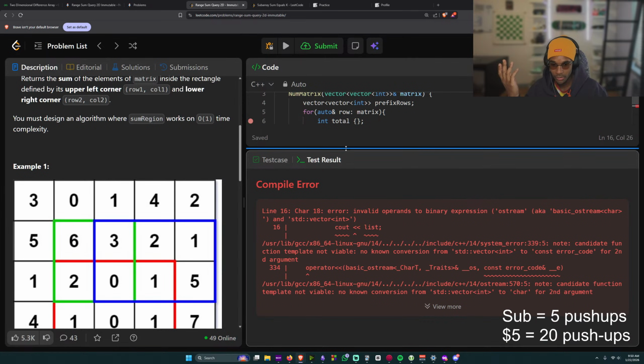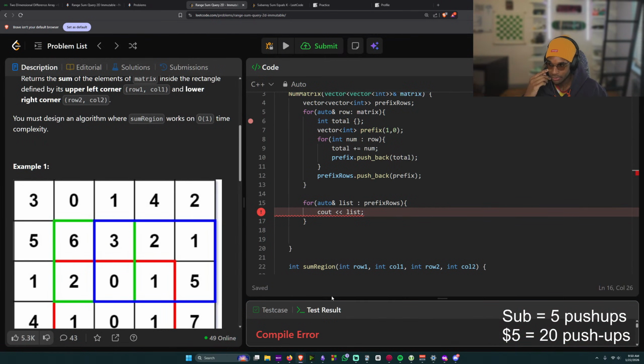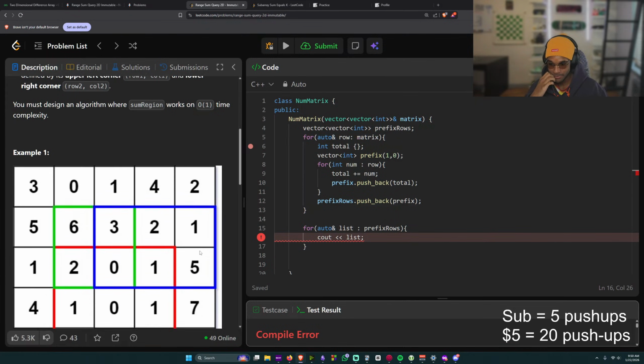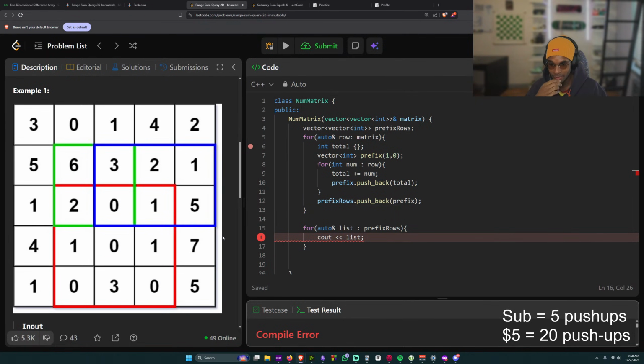Bro, I can't. I don't know how to print stuff to the screen, bro. Do I have to ask ChatGPT to help me? Or just switch back to Python? I'm not a quitter, so I can't switch back to Python. But yeah, software, what's the deal, bro? Before you gotta go, how do you fix this?